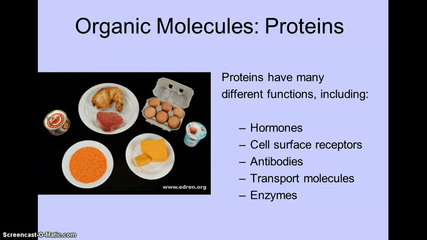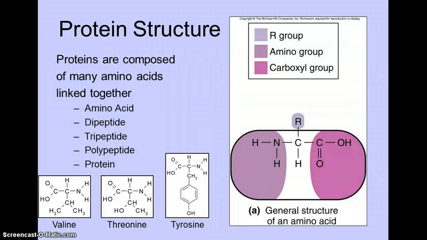As an example of this, hemoglobin is a protein molecule found in red blood cells that is used to transport oxygen in the blood. Proteins are really large molecules. Basically, they consist of very long chains of smaller molecules known as amino acids that have been strung together. The string of amino acids that makes up a protein can be hundreds of amino acids long. So what then is an amino acid? An amino acid is just a type of molecule with a very specific structure.